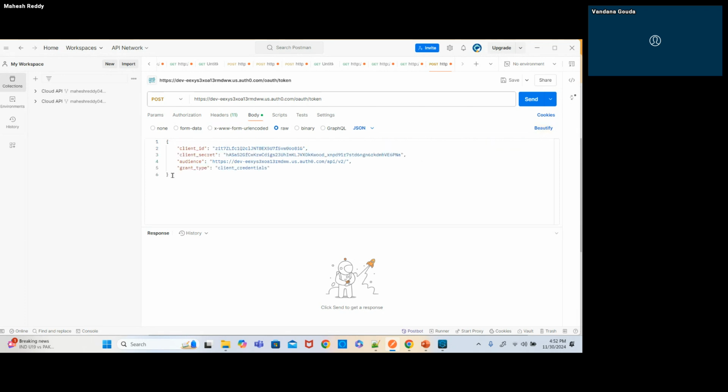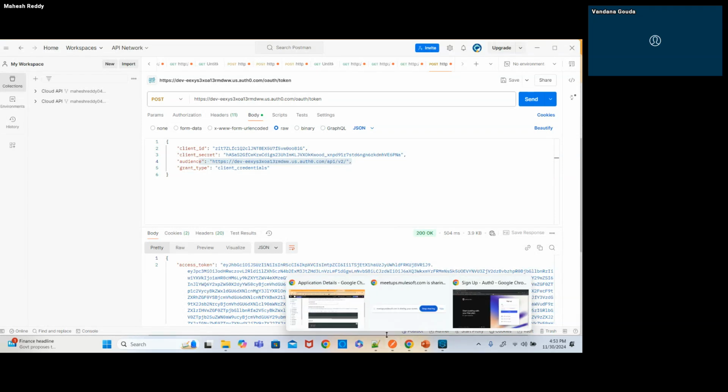If you see the body, you are passing the client ID, the client secret, and the audience URL for whom you are generating the token. This is, for example, for Zomato at this point. The client ID and client secret belong to Zomato, and this URL also belongs to Zomato, which is generated by the Auth0 server. It remembers that this client ID and client secret belong to Zomato, and the audience URL for Zomato is this one. And what is the grant type? Client credentials grant type. If you pass all the details in the request here, you'll be able to generate the token. If I send this,